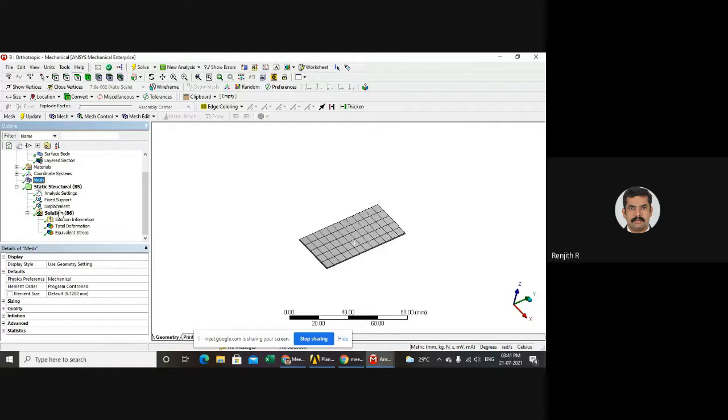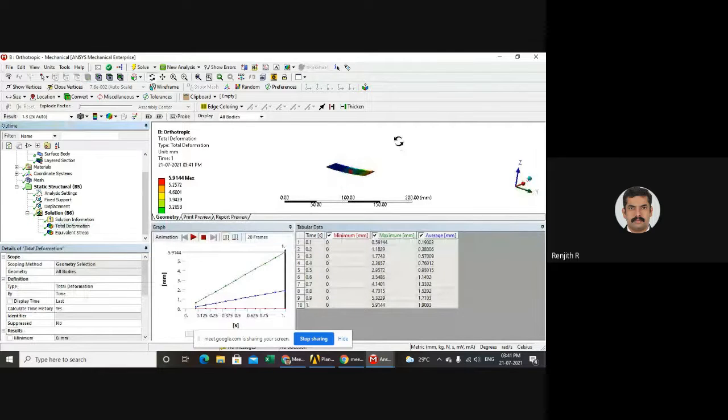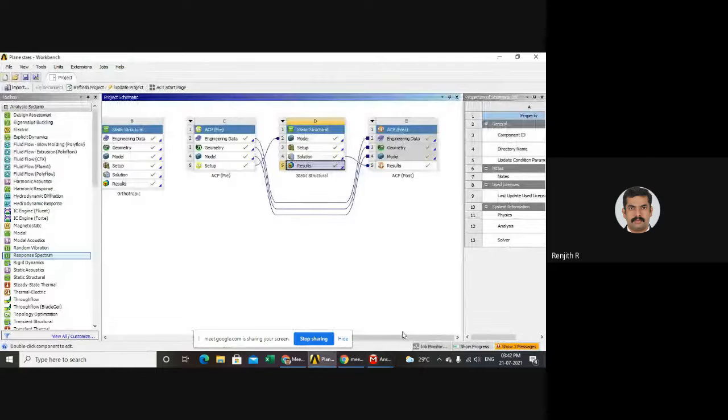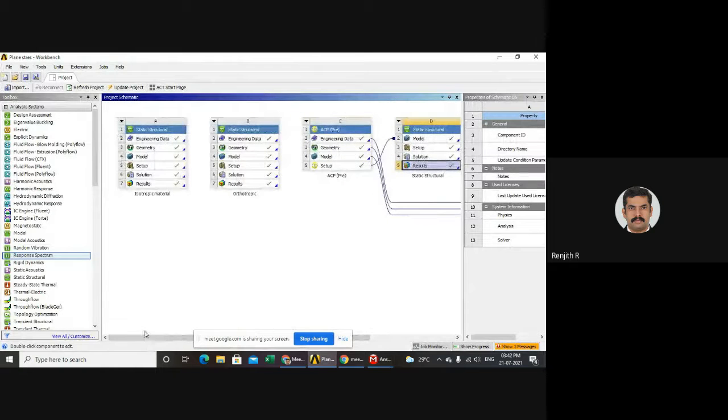And if you solve it, you will get the results. It also gives you almost the same results, but if you go to TrueScale, you can see there is only a small inclination. But if you model it as a ply one with the help of ACP, that will give you a realistic result. Okay. And one more thing, if you want to do it as a transient analysis, that is the difference between static analysis and transient analysis.